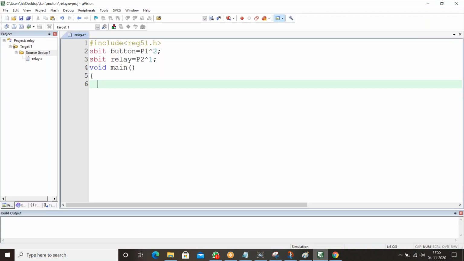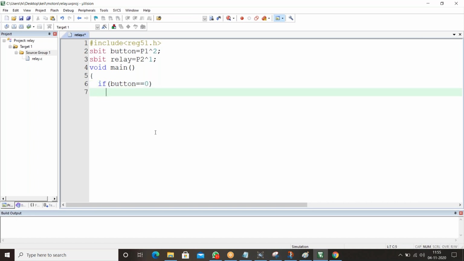Go to this key. If button is equal to 0, what should happen? Relay should be on. Relay should be 1.